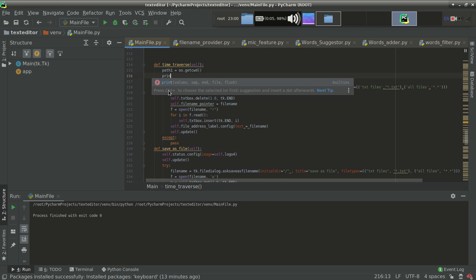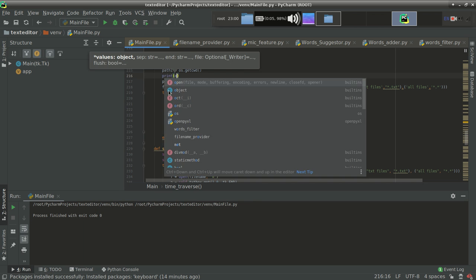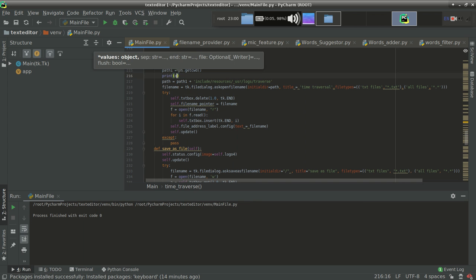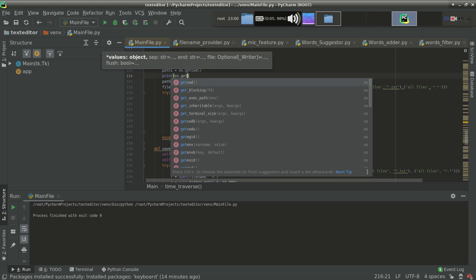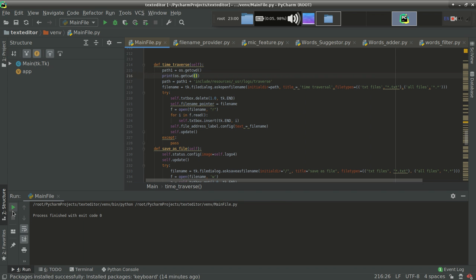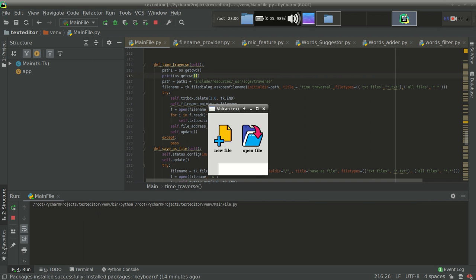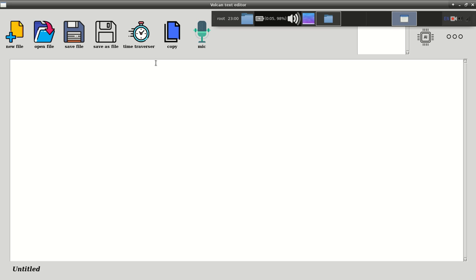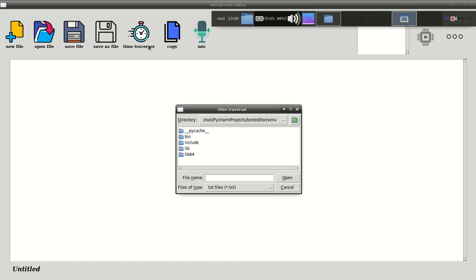Print os dot getcwd. Great. Let's run it and open it. Now let's see the output.